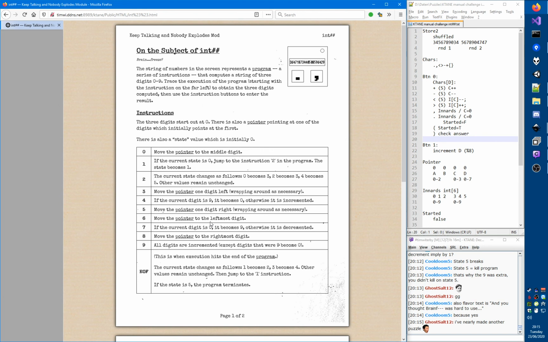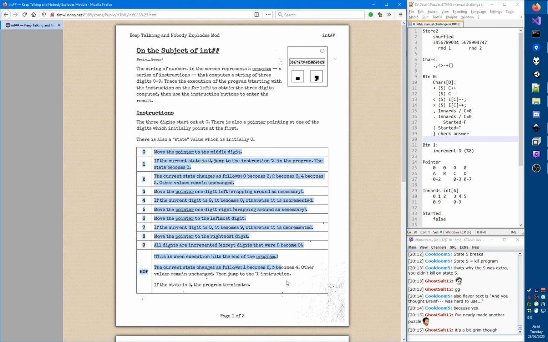Because what you would essentially have to do is examine all possible programs in existence to see which ones produce similar output. So as a manual challenge, I would argue that this is very close to undoable and very close to impossible. The only way that this could be even remotely reasonable as a manual challenge is if you had a large set of programs that are very similar, and you could examine how the output between those programs differs. But with this particular design of an instruction set, that is still quite unreasonable, because even just one instruction in the middle of the program can change the result drastically,